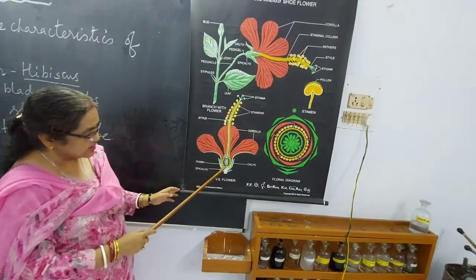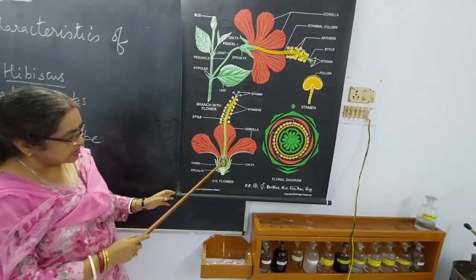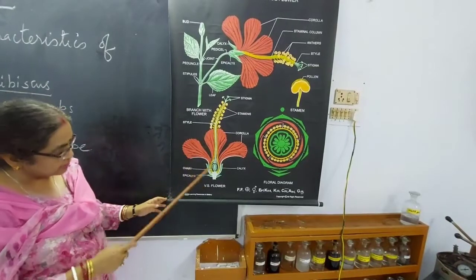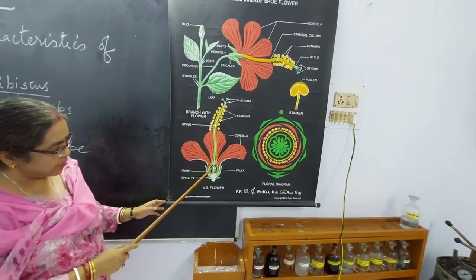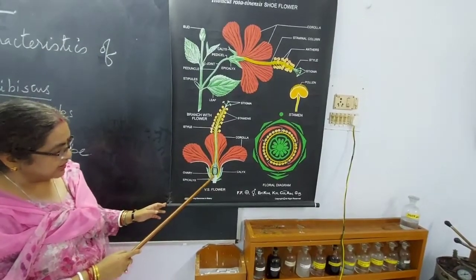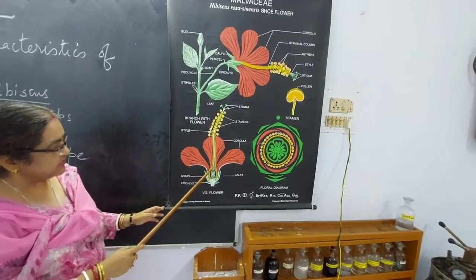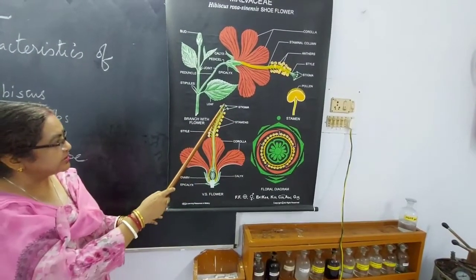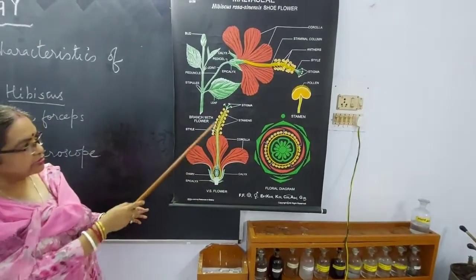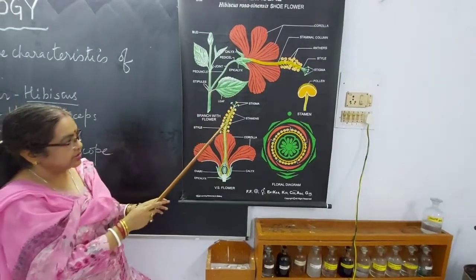in the center, this is the placenta, and these are 2 chambers which we can see in the ovary in longitudinal section. And these small little rounded structures, they are the ovules which will develop later on into seeds. This is the style over here which emerges out, and these are the stigma. So in longitudinal section we are able to see 3 only.